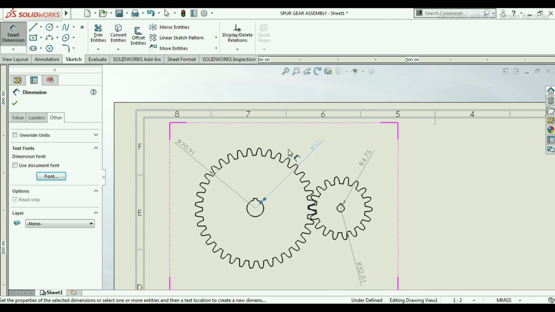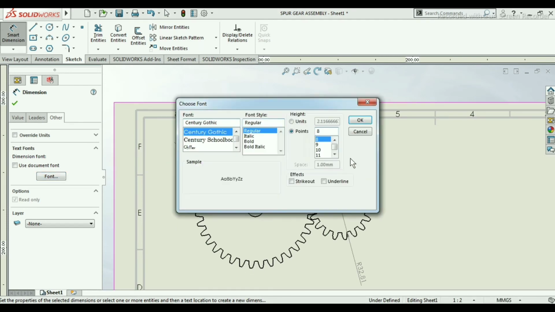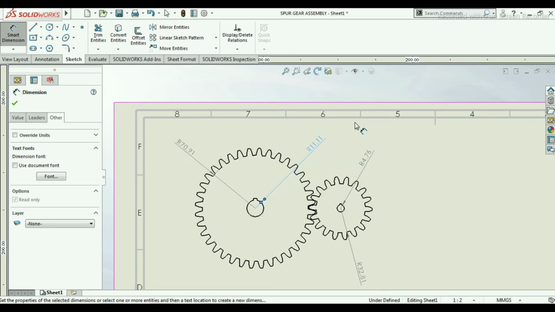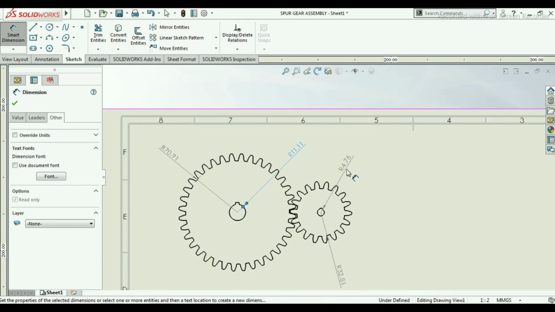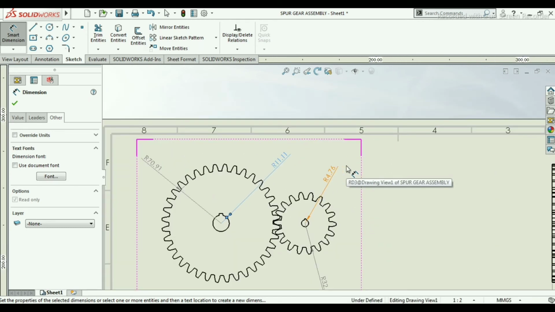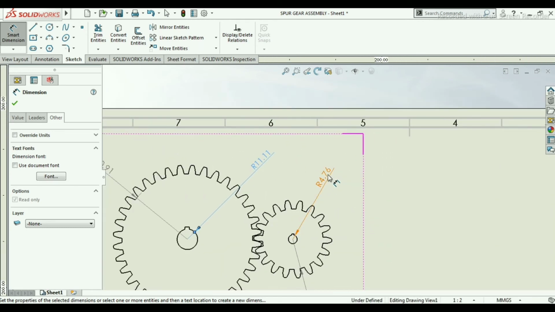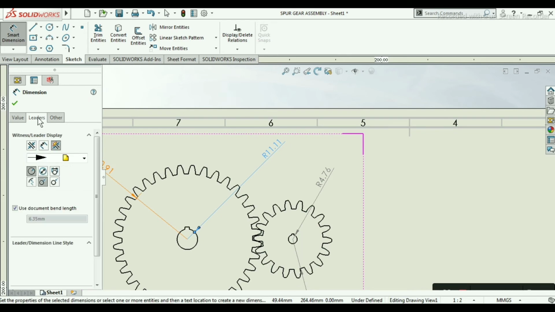So it is very small. So I am just increasing the font size, if we keep 12, it should be bigger. Twelve is given. And in the leader section you can give some style also.